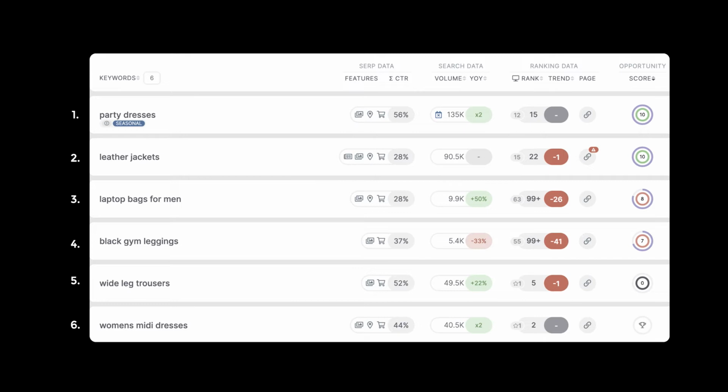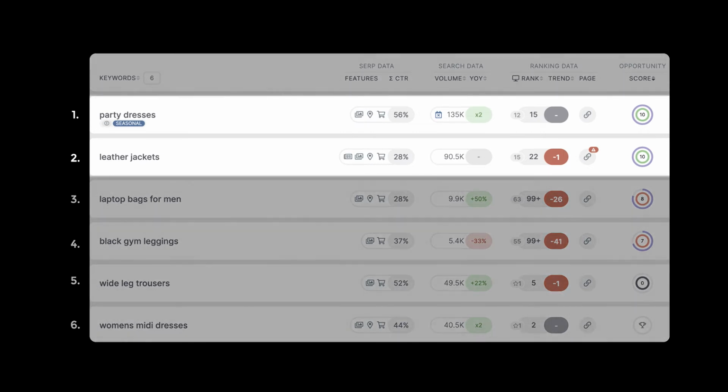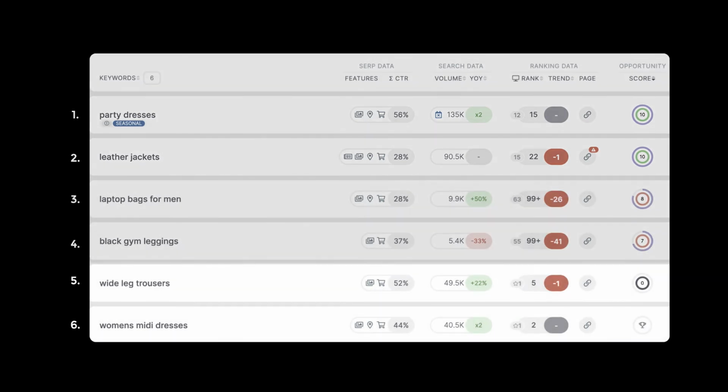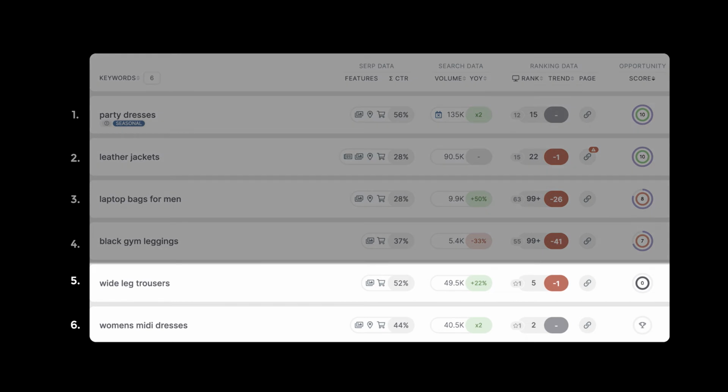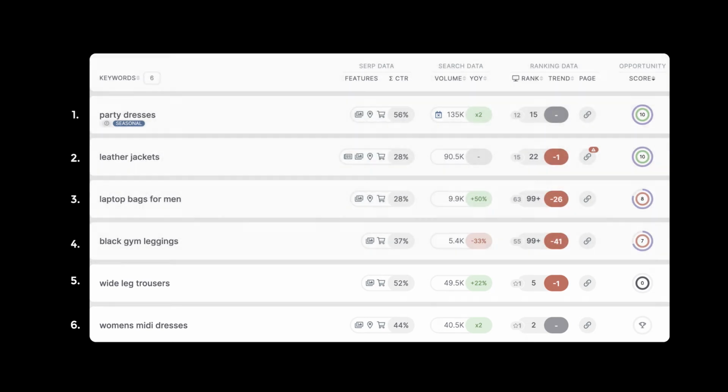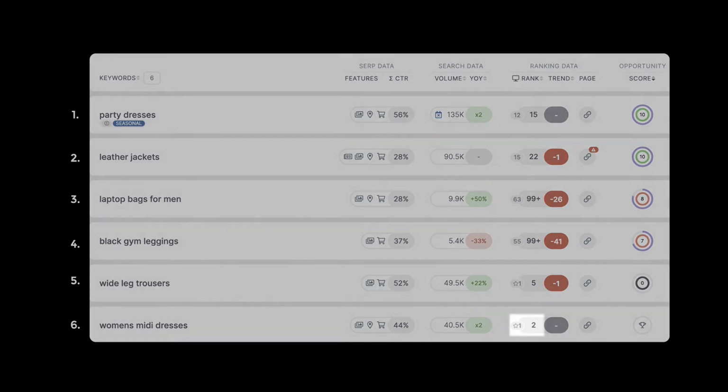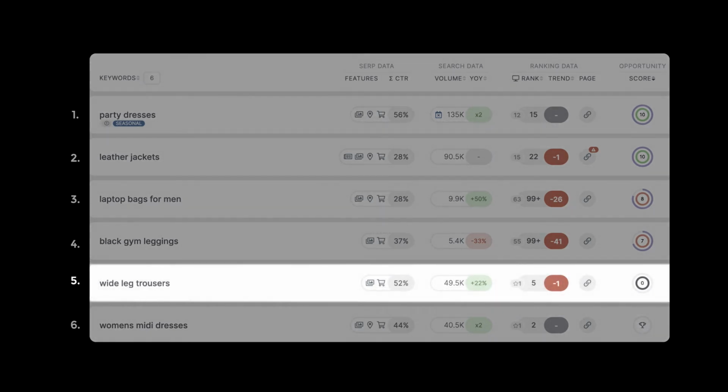You have probably prioritized the ones with a high search volume, the first one and the second one. For good reasons, they also have a high opportunity score, and also the fifth and the sixth one. But have you noticed that the last one doesn't actually need SEO anymore? There is no opportunity here, as it already ranks on the second position. In this case, we mark the keyword with a trophy icon, so you quickly understand why it's the last one on the list. The same goes for the fifth one, which has a very low opportunity because it already ranks